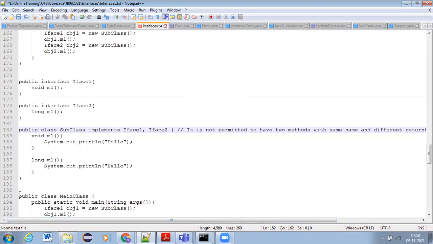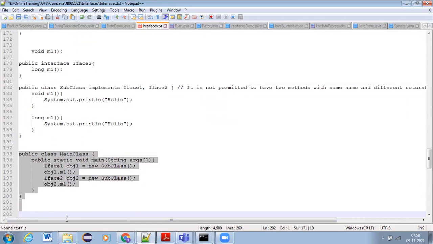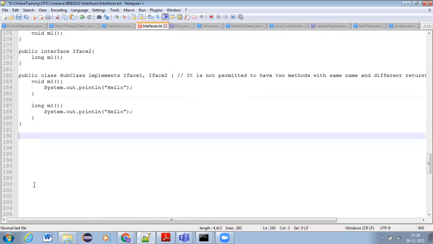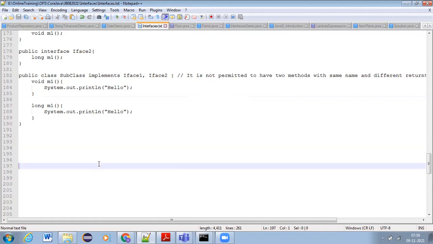So you cannot write this in the main class also. Why? Because here itself it is giving you an error. You cannot use it like this. All these points should be clear and you should remember. Be very clear.